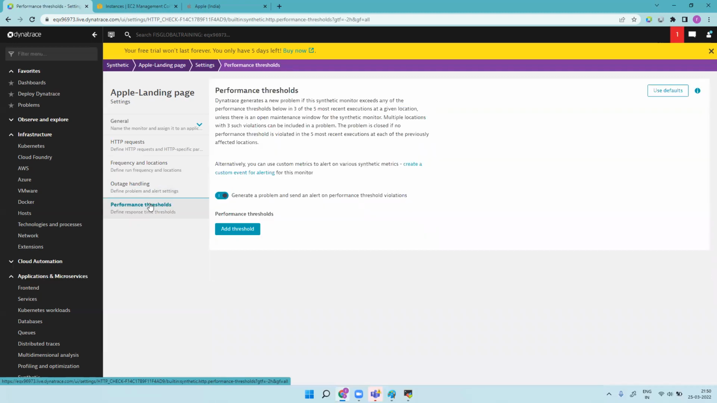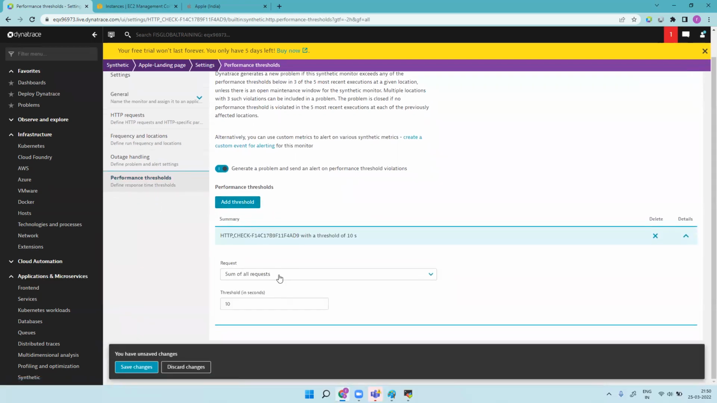The second thing is performance threshold. Suppose you have added 1 URL to hit from a particular location. So they are giving apple.com, apple.in, both, the sum of all requests. Both requests should complete in 5 seconds, yeah, 6 seconds. That you can do. Yeah, you can do 1 by 1. Apple.com,